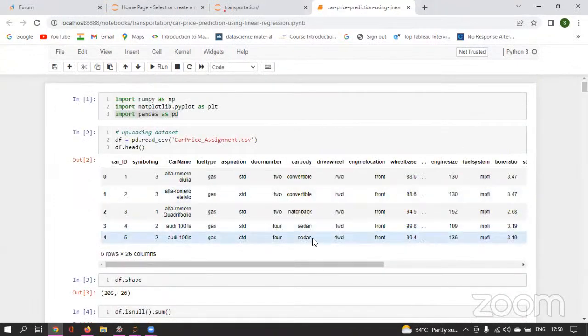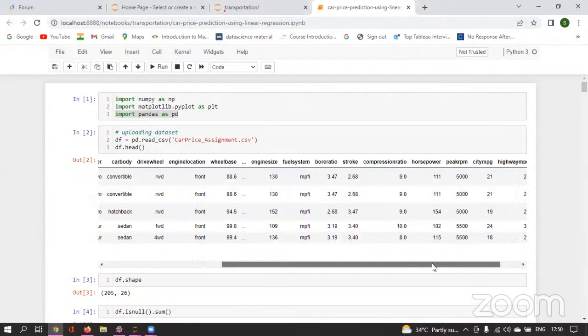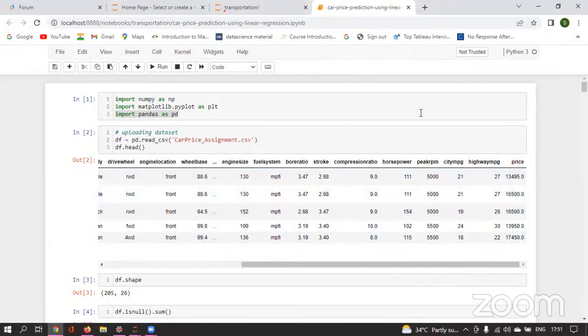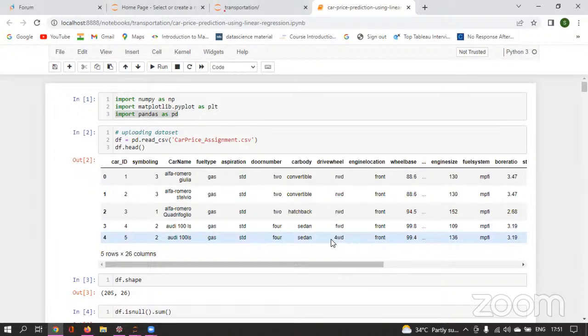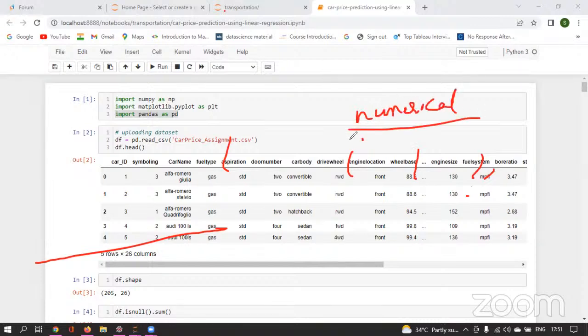And if you want to do some improvements, in that case you can check what kind of distribution each and every feature has, whether we have any non-normal distribution or not. I'm talking about the numerical features.